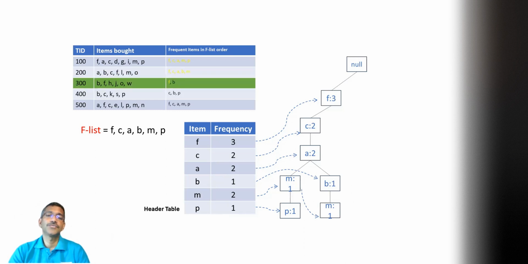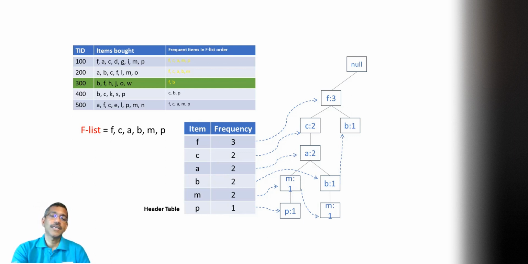Next one, F. We increase F by 3 now, because this is the transaction that we have seen. We are seeing F. Then after F, B, we don't have. We have already seen a B, but we don't see a B after the F, right? So therefore, we need to add the node, and also note that